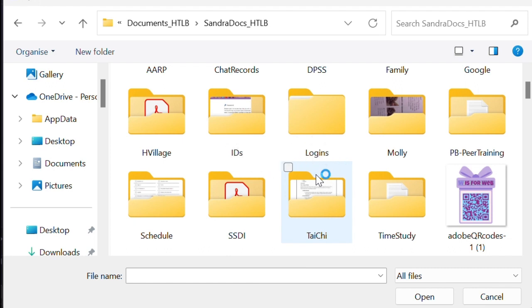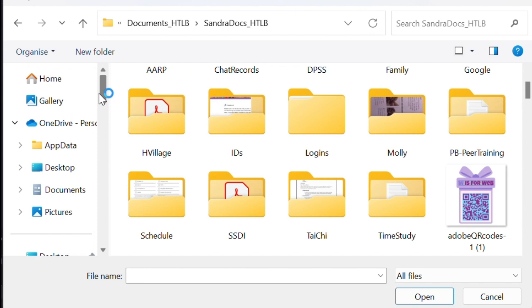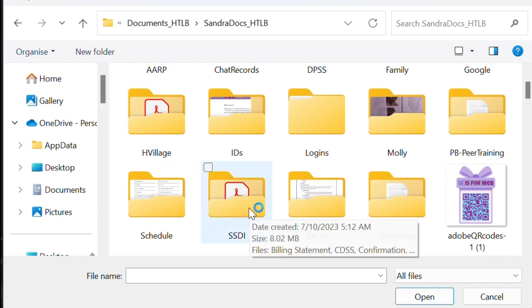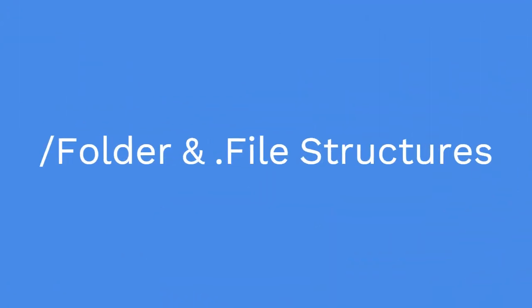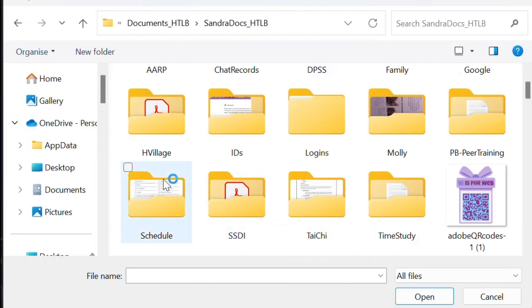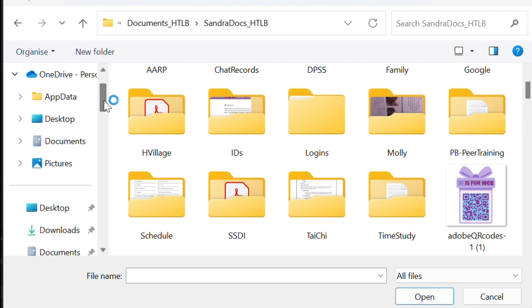So, if there's one thing I want you to learn and take away from this video, it's how to save and find the things that you need on your computer. I don't have a Mac here. I might be able to show you that next time. But right now this is a PC, so I'm showing you what it looks like with Windows 11, I believe is my version,